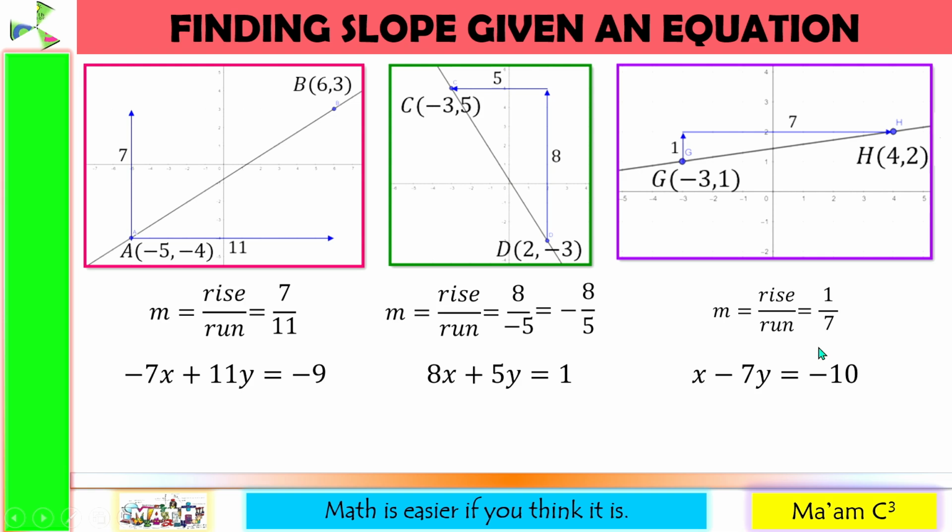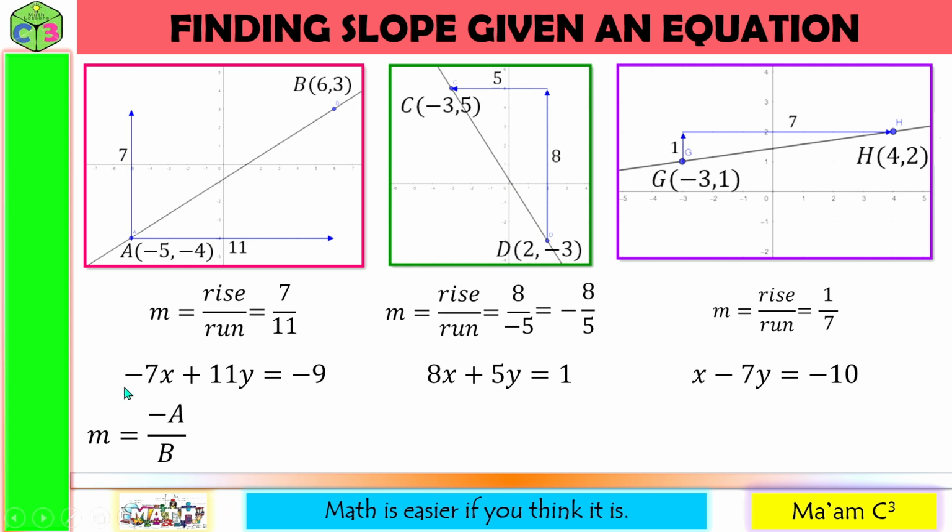Actually, the slope, when you are given an equation, can be determined using the formula m is equal to negative of a over b. Who is a and b? A is the numerical coefficient of x, while b is the numerical coefficient of y. So all we have to do is to get the negative of our a, and let's divide it by our b. So let's do that.